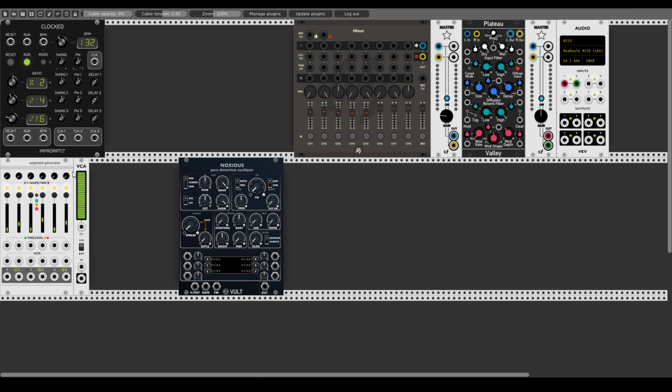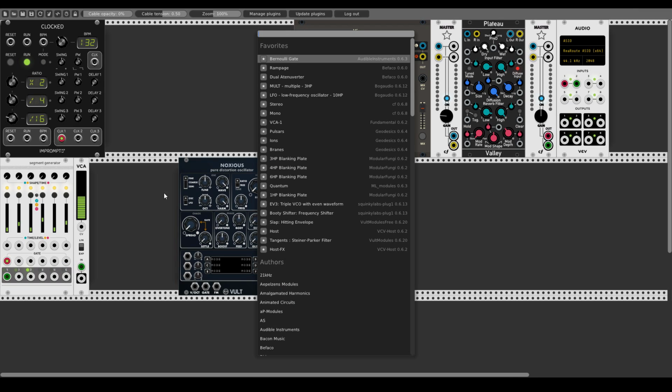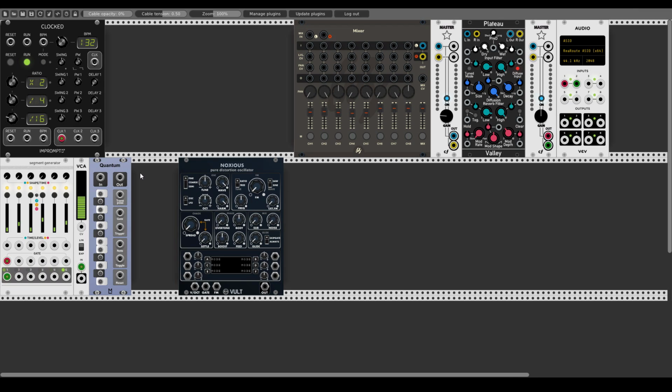Let's use a multiplied clock to run the sequence. Every clock multiplied by 2, this will go to the gate input of the first step. And let's send this sequence to the VCA, lower its range a bit, something like this maybe. And we will also use Quantum from ML to quantize this signal. Let's use D, F, G, and B flat. Now let's send the signal through Quantum to the oscillator and see what we've got.